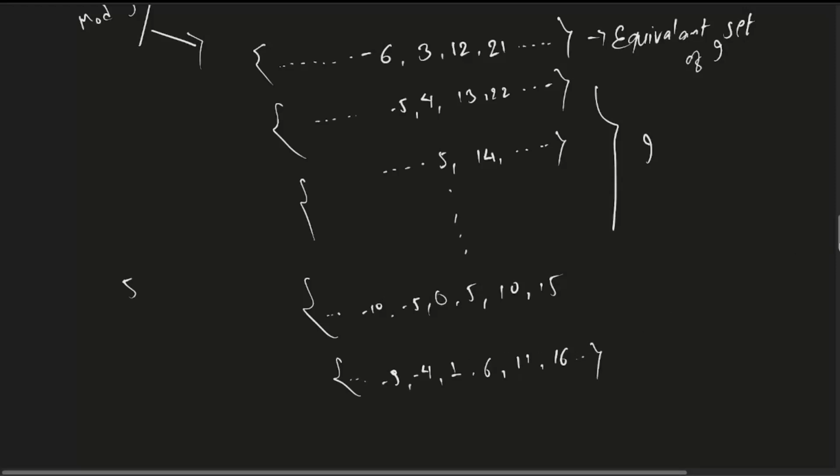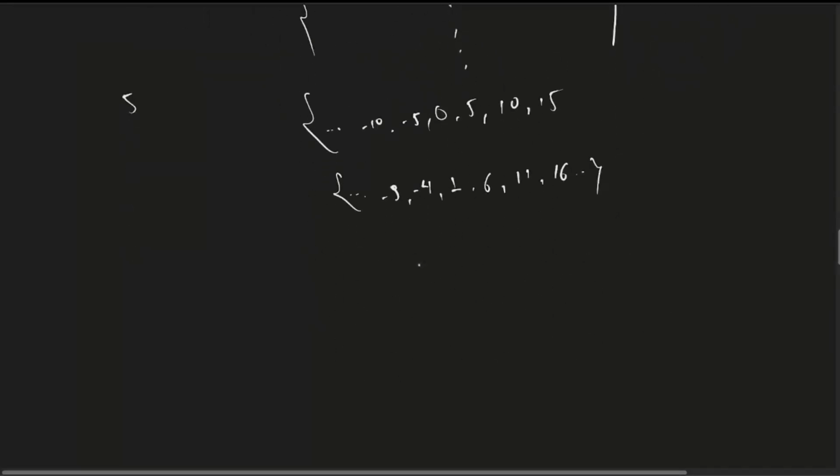And the total of them would be 5 for my mod 5. So let's do the 2, 7, 12, 17, put this -3 here, -8. If I start with the 3, it's going to be 3, 8, 13, 18, -2, -7,